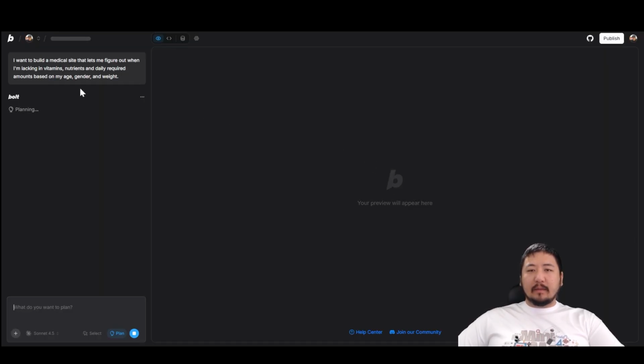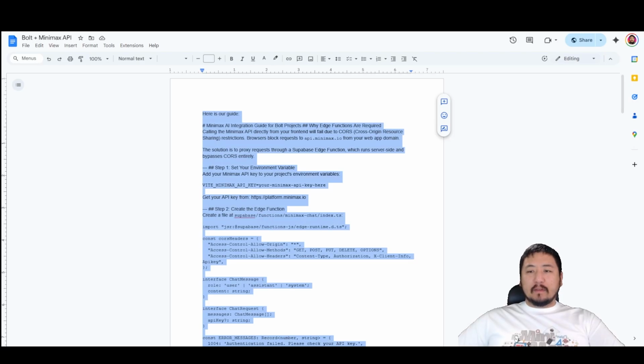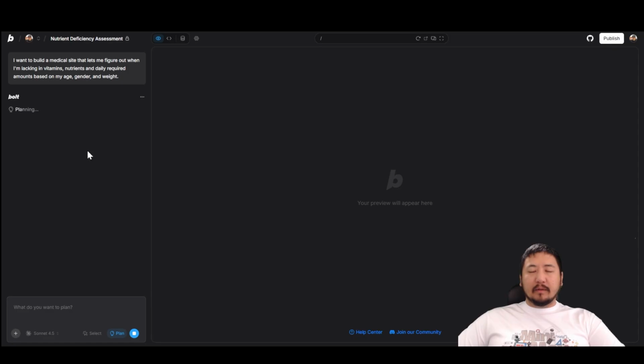strategies. So as I build this, one thing that's going to be really important for us is to copy and paste this guide, because Bolt, when it processes Minimax's API key, it's not going to do it the right way initially, so this is why you want to copy and paste this and put it into the chat here. We're going to let this get our initial planning stage based upon the website, and then I'm going to add